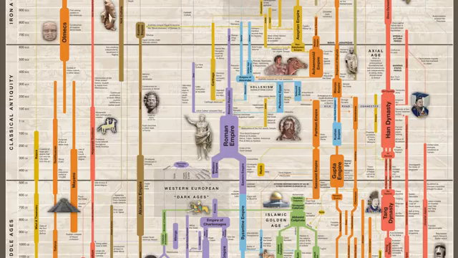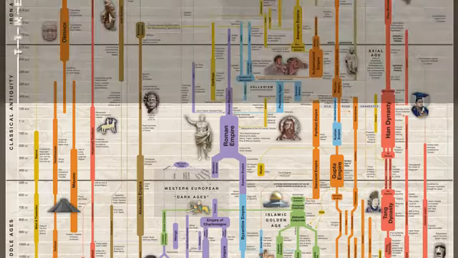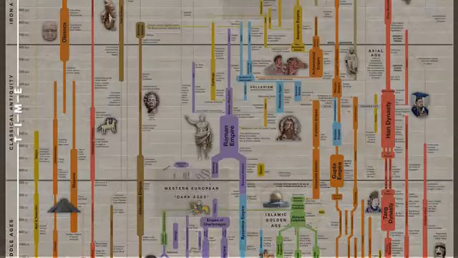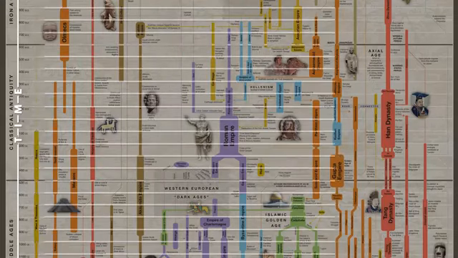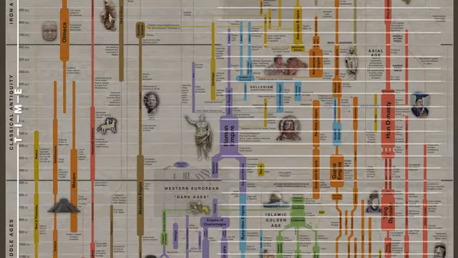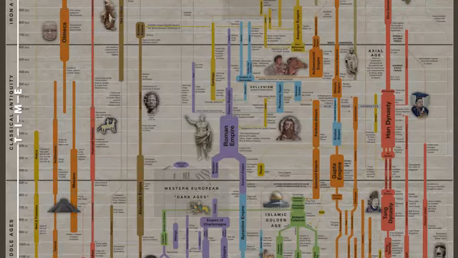Let me start by explaining the basics of how this chart works. The vertical scale represents the flow of time, with time moving forward as you move down the page. Every white line represents 100 years, and the scale is equidistant, which means that the distance between two lines near the top of the chart is exactly the same as it is near the bottom. This is important because it allows for accurate comparisons to be made, and thus gives the viewer a proper perspective